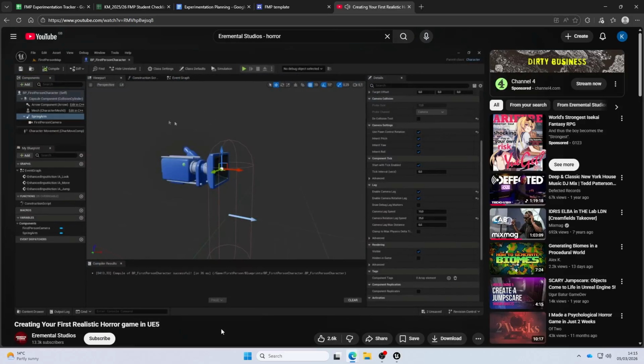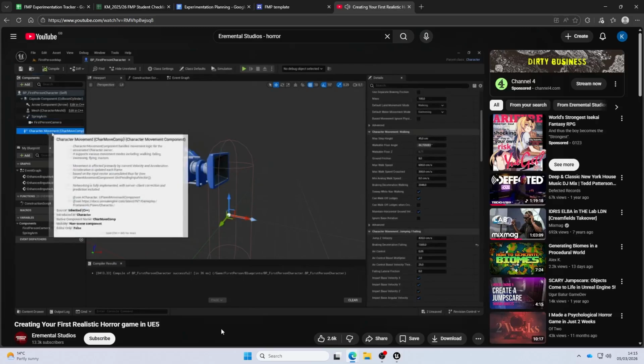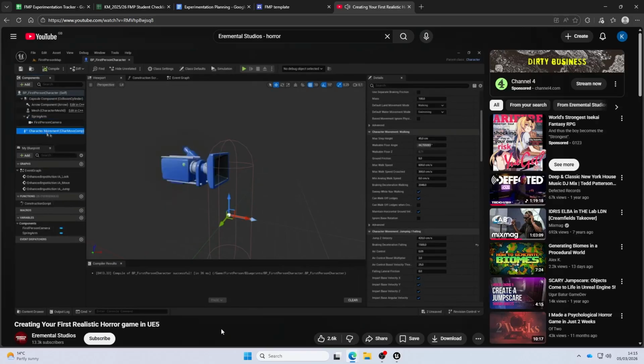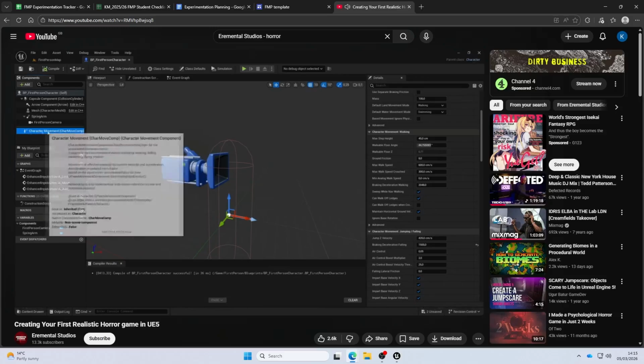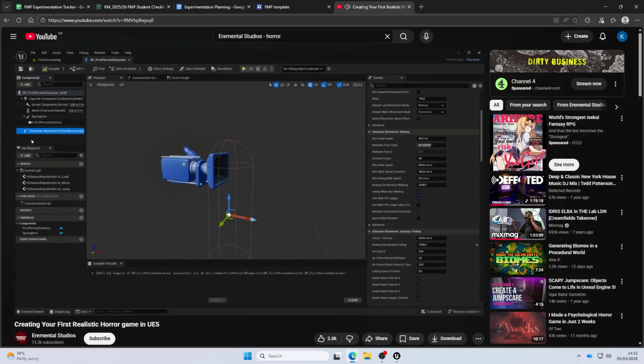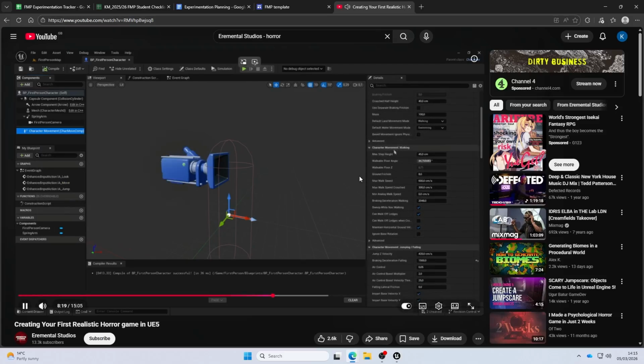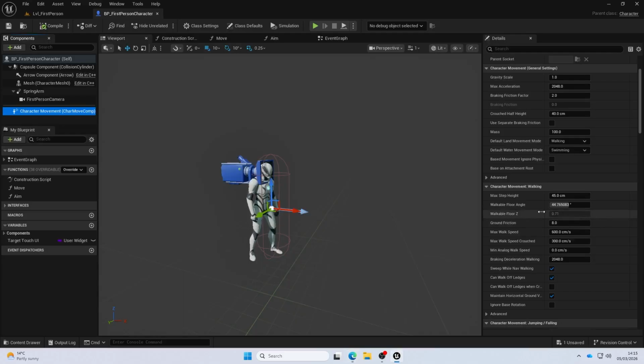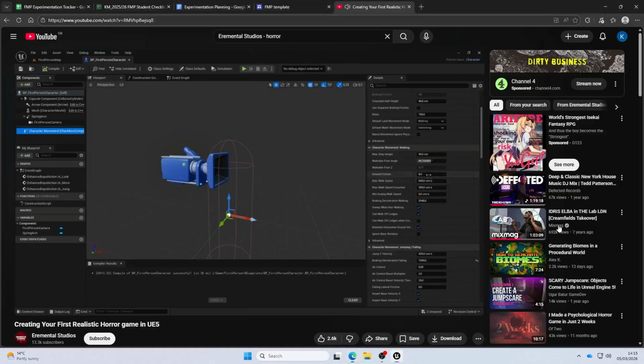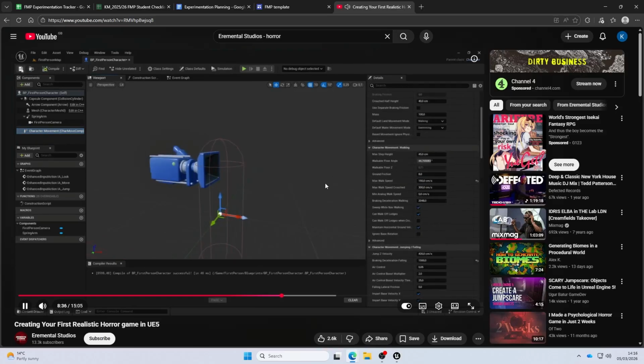And then what we want to do is that we want to select the character movement. And this is what the character movement is like. So when we change values in here, that will affect the character movement, of course, because it says right here, character movement. So just select that. And then if we sort of scroll down, and here is max walk speed. So whatever value this is how fast the player will walk. So 600, as you saw, is very fast. So I will say that 150 will be a good